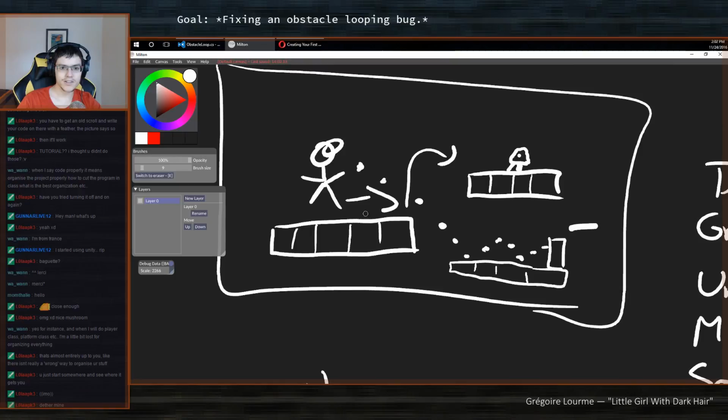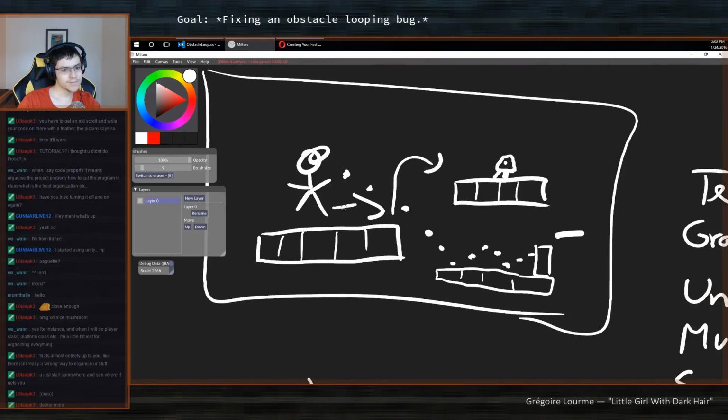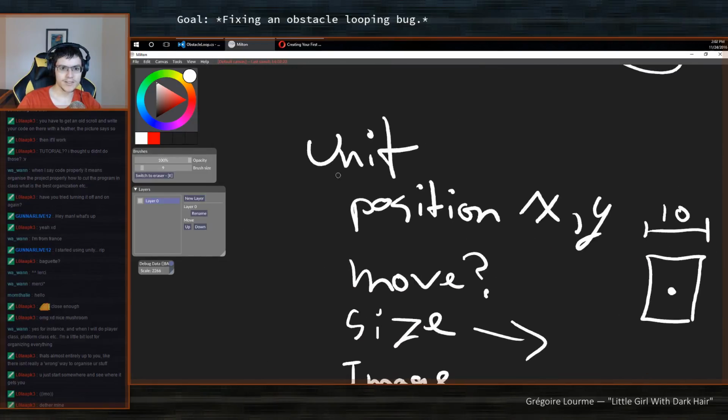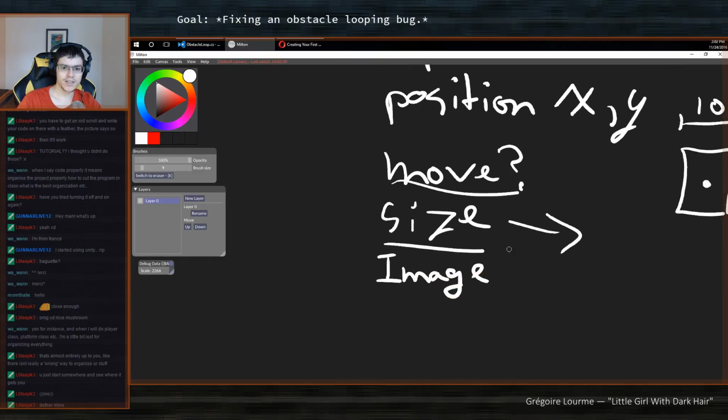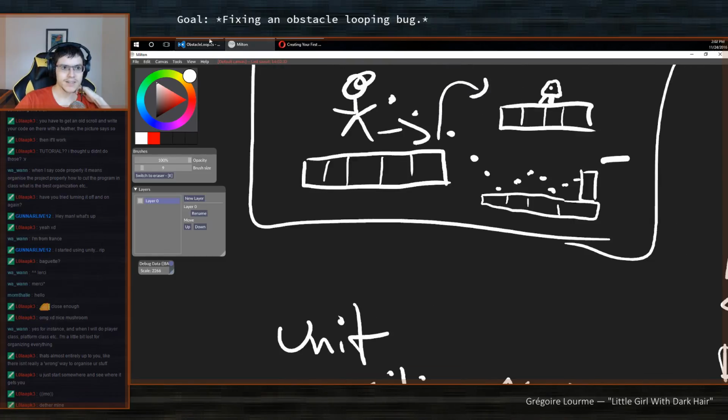So as you start to think about these things, you start to build on top. At the start I only had a unit which only had a position, but then you might want to start to think about other things. What sort of functions? In mine it's kind of simple, I think.